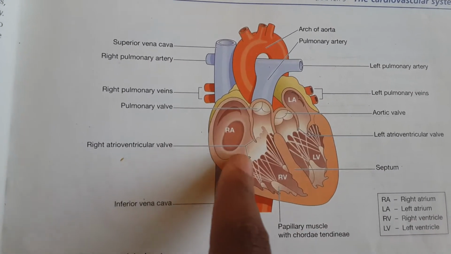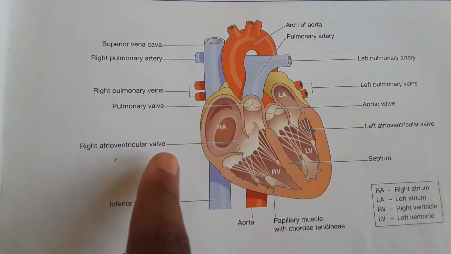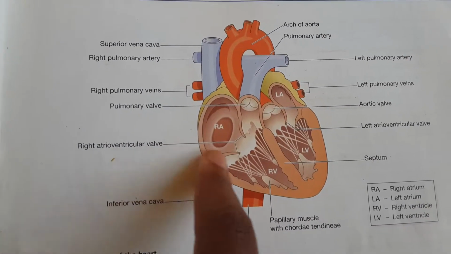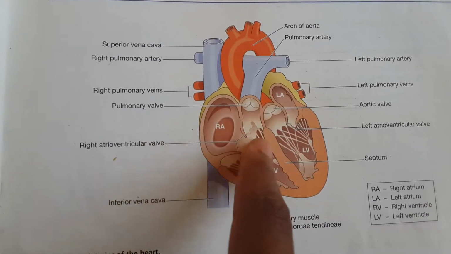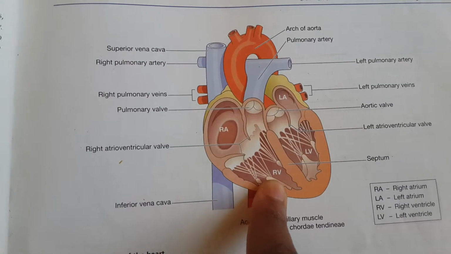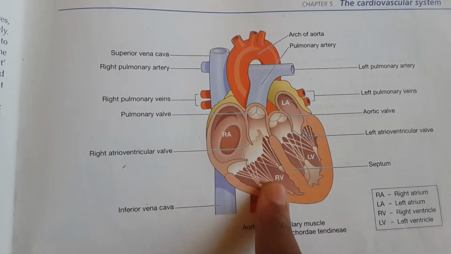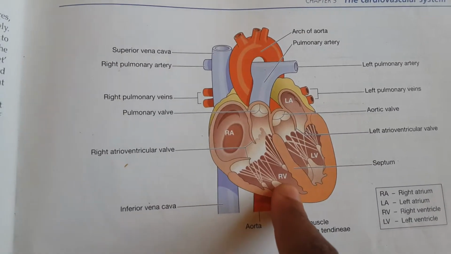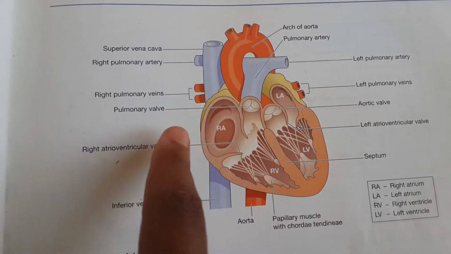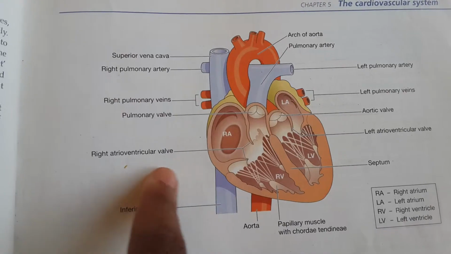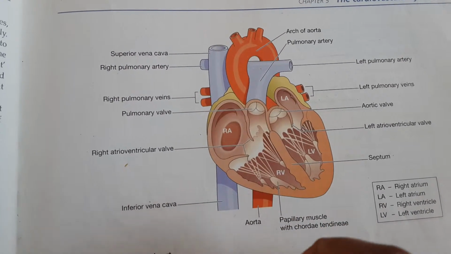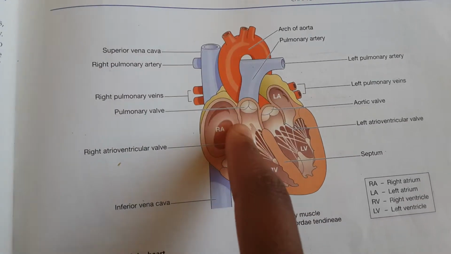We have some valves here which are involved. These valves are tricuspid valves. So the tricuspid valves will open and allow the blood to flow to the right ventricle. When the blood arrives at the right ventricle, the tricuspid valves will close, and the blood from the right ventricle will be pumped towards the